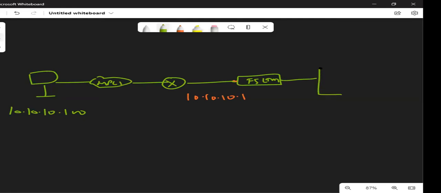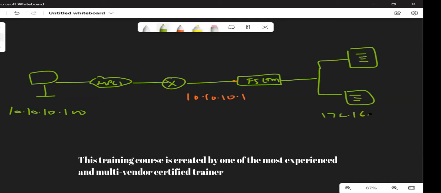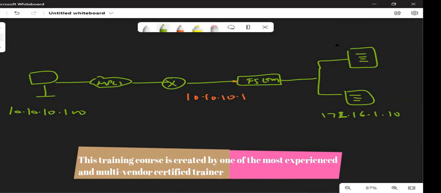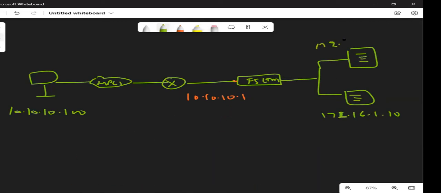On the LAN side, there would be some servers, server 1 and server 2, with IPs 172.16.1.10 and 172.16.1.11. There is something known as the internal self IP, which would be 172.16.1.1.